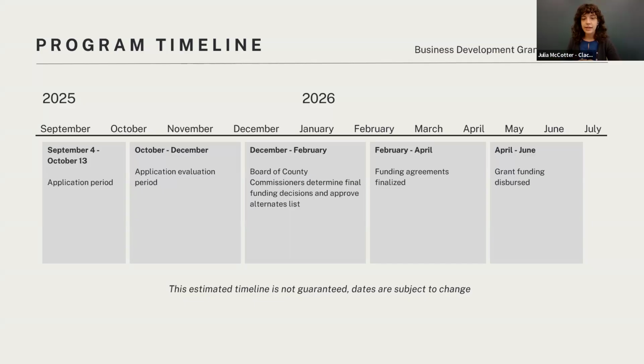After that decision is made, county staff works directly with awarded grantees to go through the legal process of finalizing each grantee's funding agreement. So funding agreements are the legal contracts that grantees enter into with the county. This contract is the basis for how we ensure that budgets are appropriately spent, that the activities that grantees have promised to complete are actually completed, and that there's a requirement in place for financial reporting and other outcome reporting.